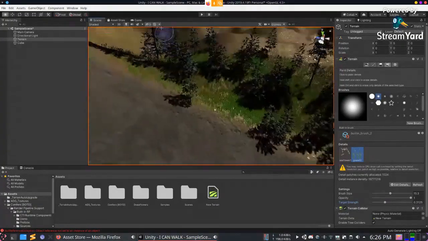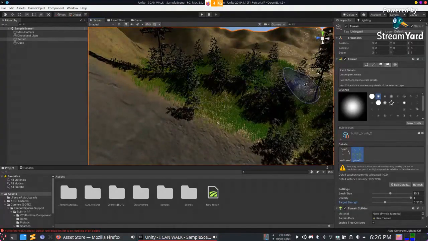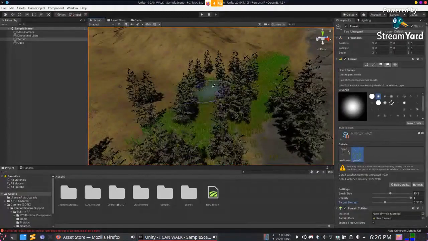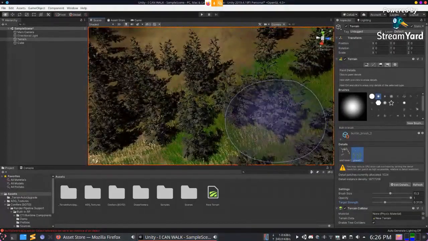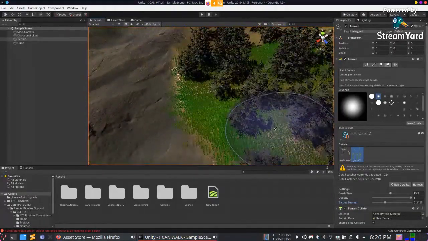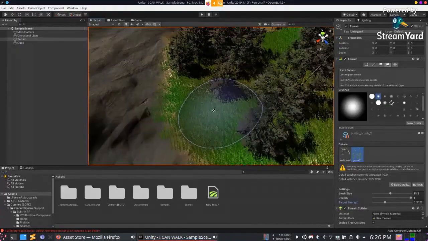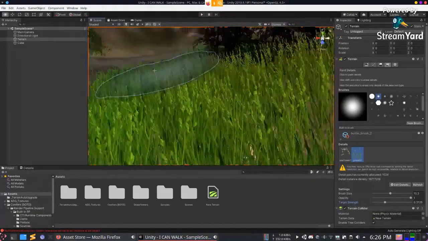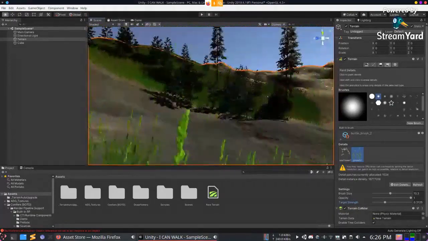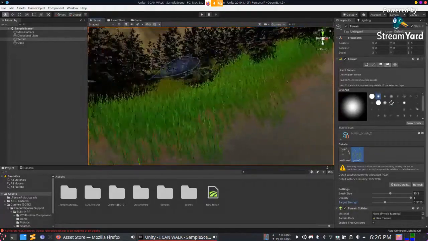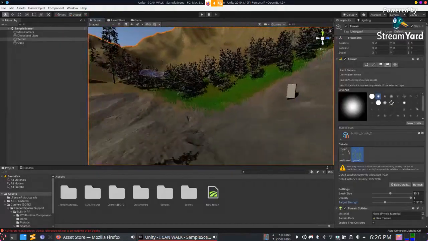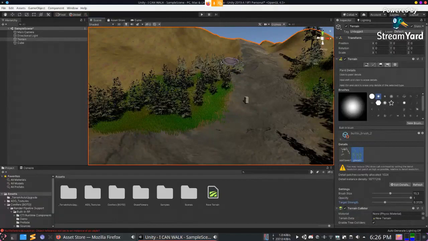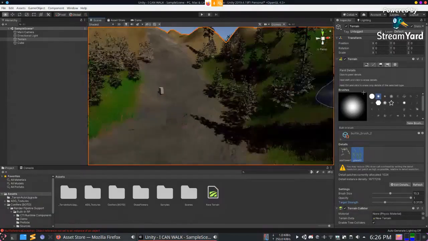Just brush upon really vegetative land. Yeah, looks reasonable. Continue with this throughout the whole map.